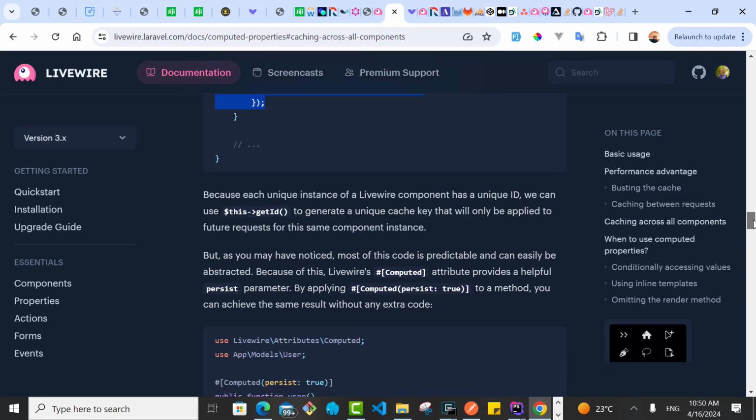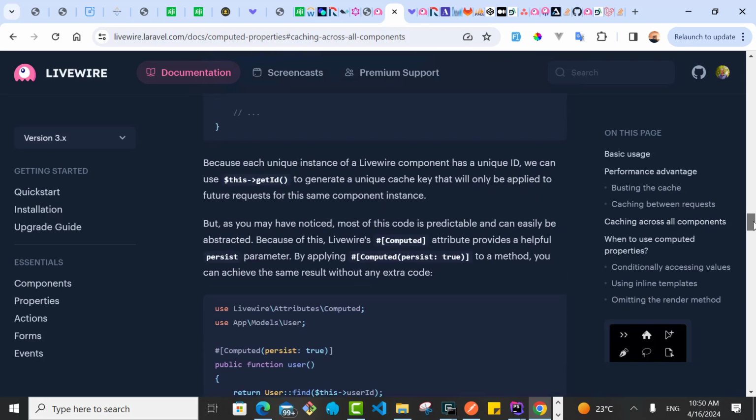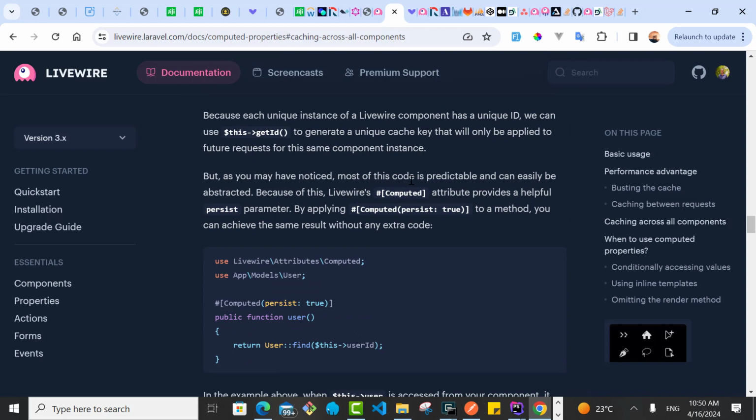But now here is the magic of Livewire. As you have noticed, most of this code is predictable and can easily be abstracted, and that is exactly what Livewire has done. Because of this, the Livewire computed attribute provides a helpful persist parameter. By applying persist true to a method, you can achieve the same result without extra code. Imagine how beautiful this is, that we can cache data by simply passing this